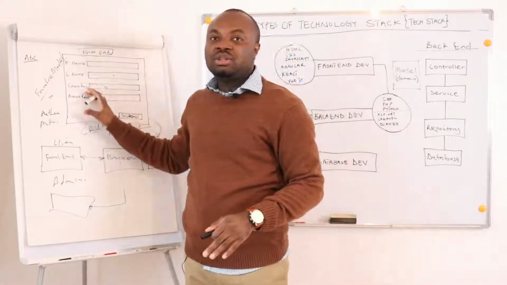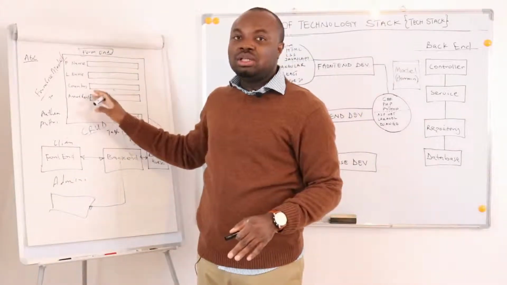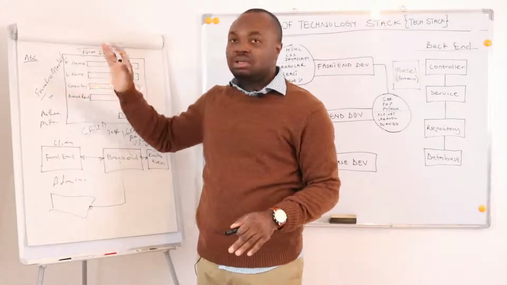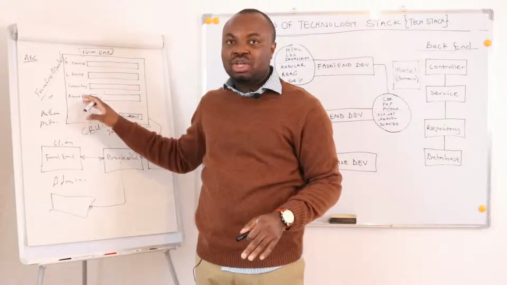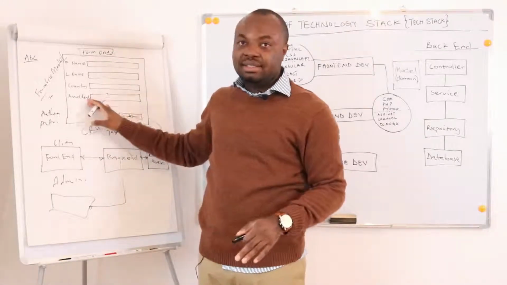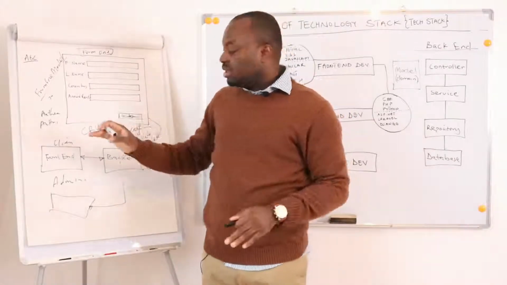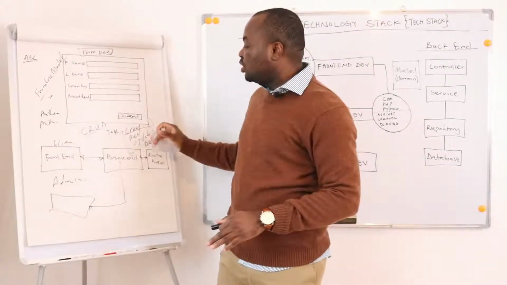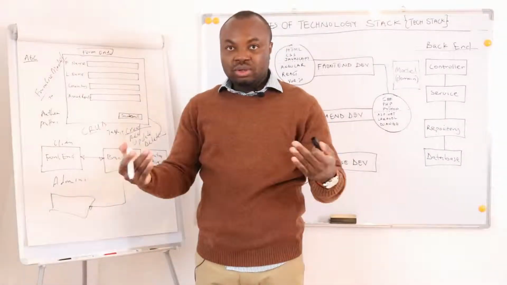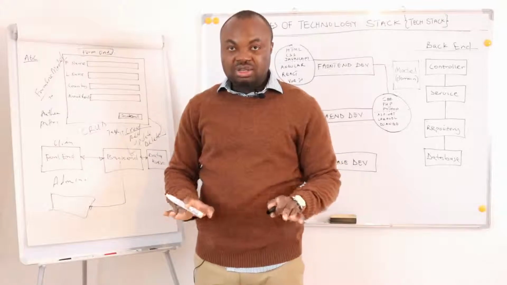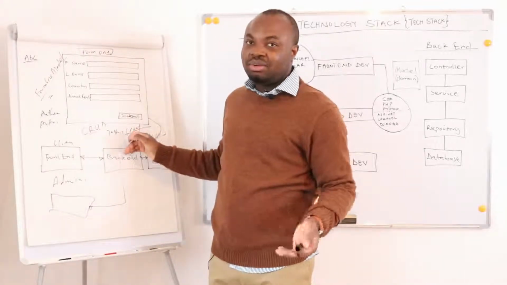Then if this person does not live in this country anymore, he has relocated to another country and this information needs to be deleted, or he doesn't need this information to be in the backend system, he can delete this. So when you delete this, you are performing a delete operation. These are the basic fundamental operations you perform for every software system. You create a resource, you read the resource, you update the resource, and you delete the resource. So you have to know this basic CRUD.